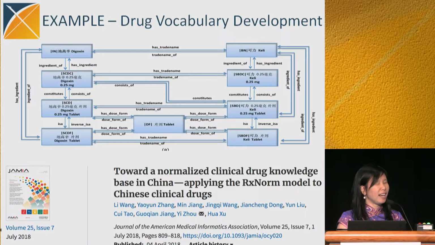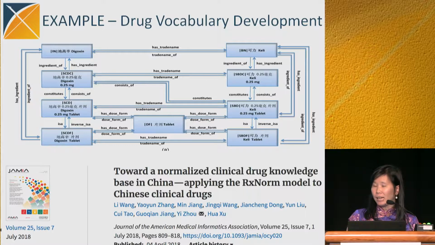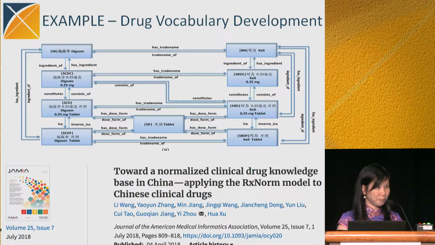And that's where our machine learning processes come in, when our NLPs kick in. And we are nowhere near getting to that perfected yet. But we have tried that. This is a paper that we've written, and it's in JAMA, that talks about how to standardize and normalize clinical drugs, just drugs, to a standard in China called NCCD. And ultimately, how can we take that and standardize that to RxNorm?